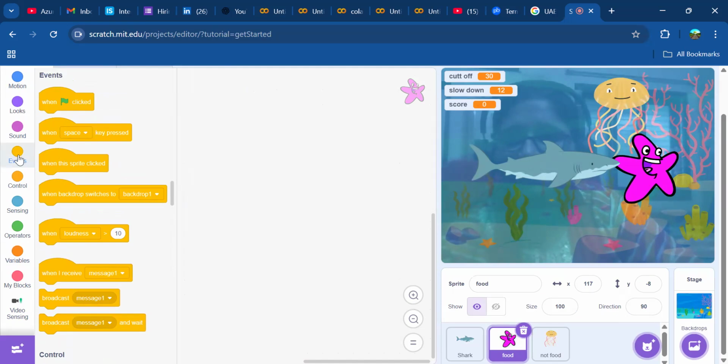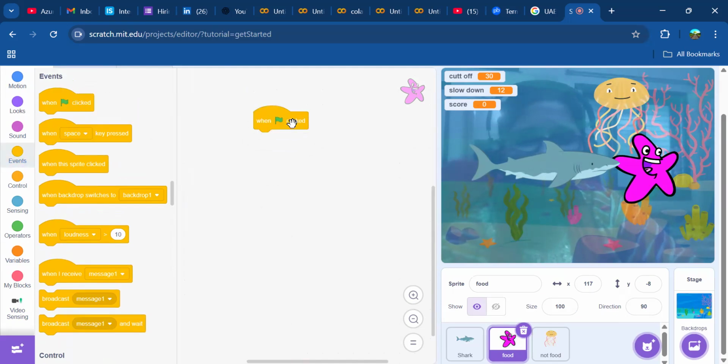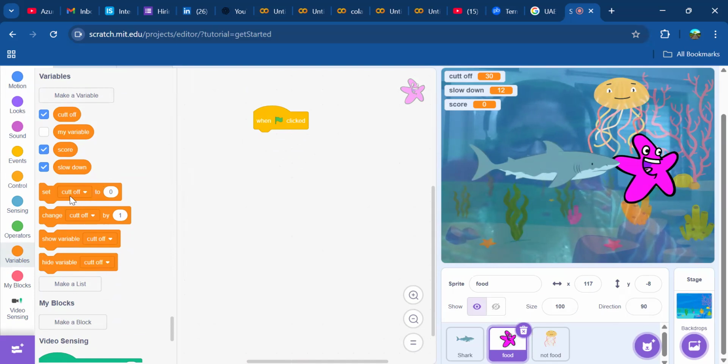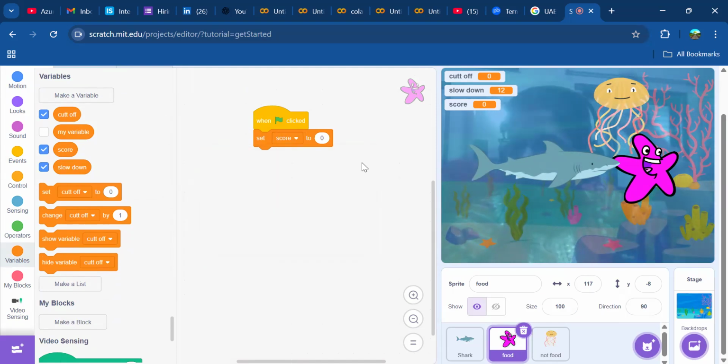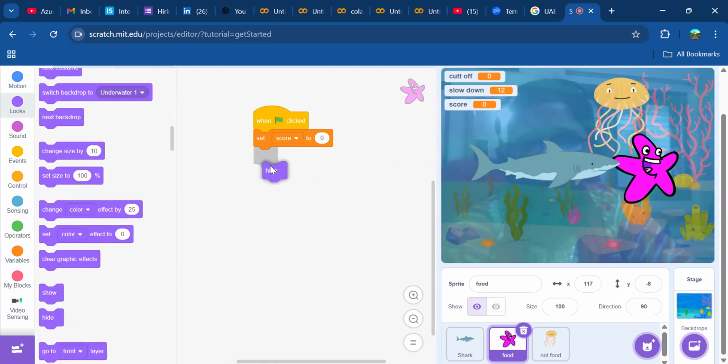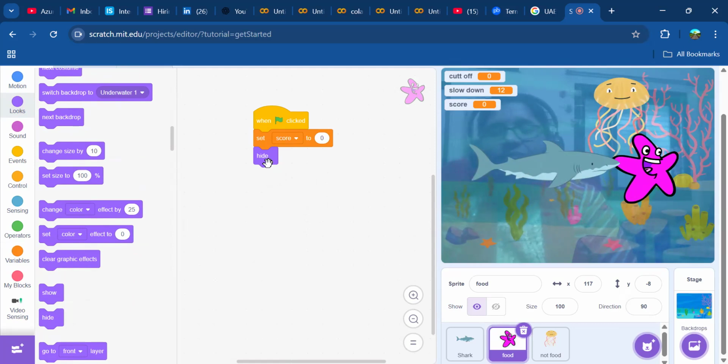So again, we will go to the events and add when flag is clicked. We will set the score to 0, because whenever we play any game, the score always starts at 0. Okay. We need to first hide it, so go to the looks, scroll down a little bit, and just hide it. Then we have to